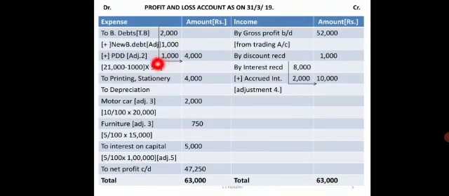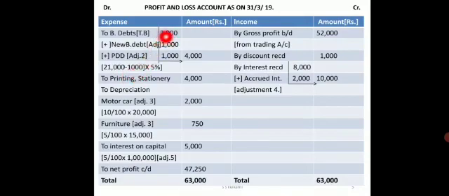Plus I have a provision for doubtful debts on total debtors. So 21,000 is my book debts. From that, the 1,000 which is bad is to be reduced. Then I will have only 20,000 which is left. So 20,000 at 5% amounts to 1,000. So 20 minus 1. This is only the new adjustment amount which is taken.